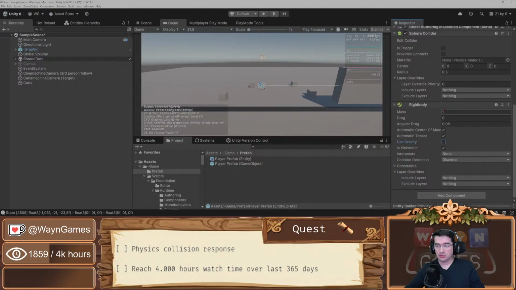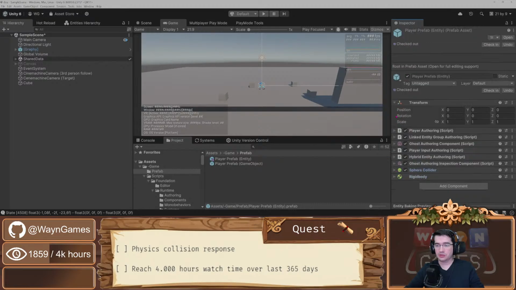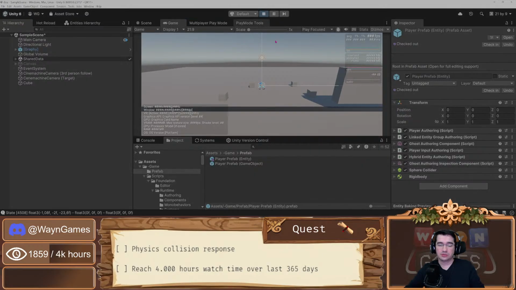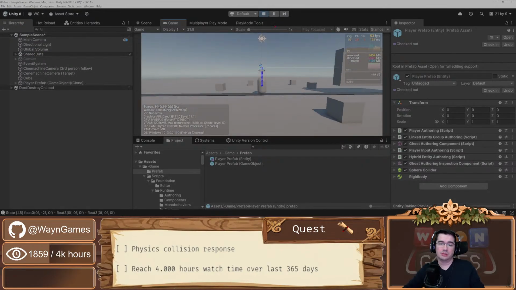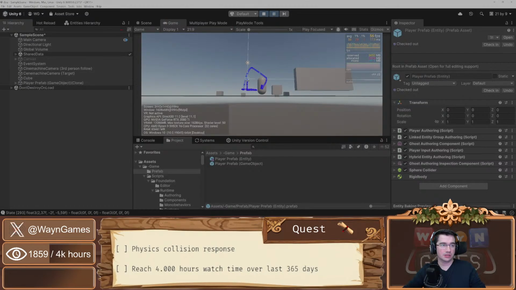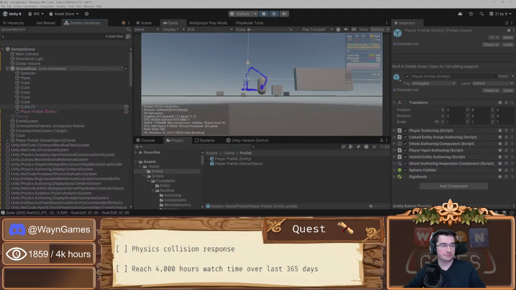Mass, it's kinematic, so it doesn't matter. Collision, override layer. Let's go with that and see what we get as an entity. It's not in. Okay, so I need to start because it's a prefab. Okay, so I'm still moving correctly, and if I look at my server entity,